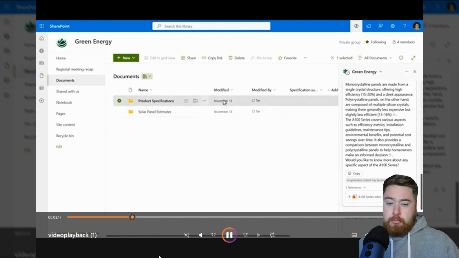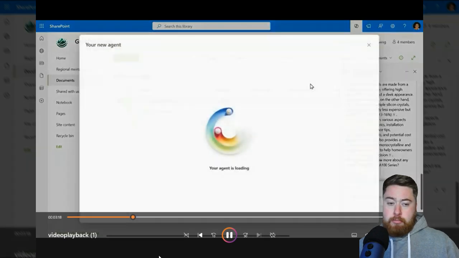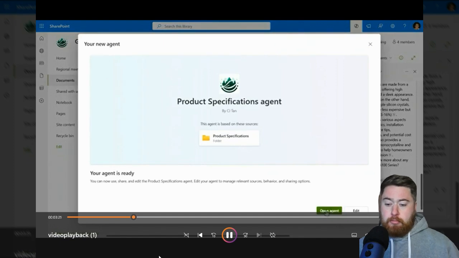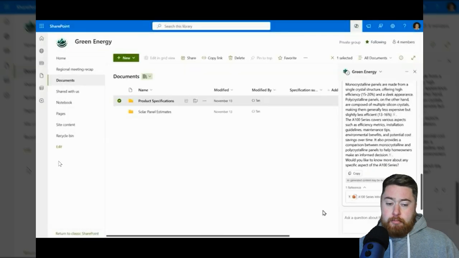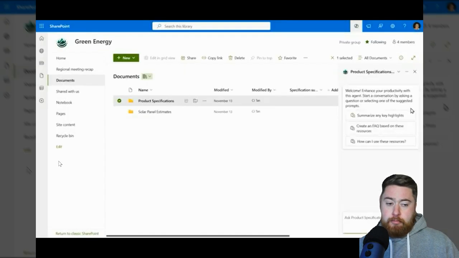To do that, I just select the folder and create an agent. This is how simple it is to create an agent, by the way. It's going to be named, show what the resources are that it's based on, and it's actually ready to use. I'm going to click Open Agent, and there it is, all ready to use here on the sidecar. Now, as the site content owner, though, I'm actually